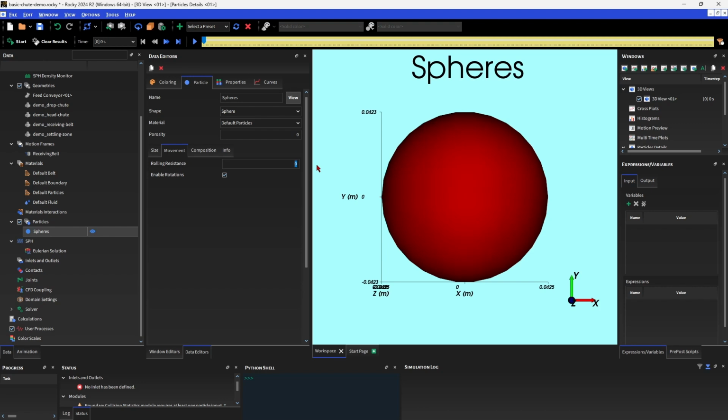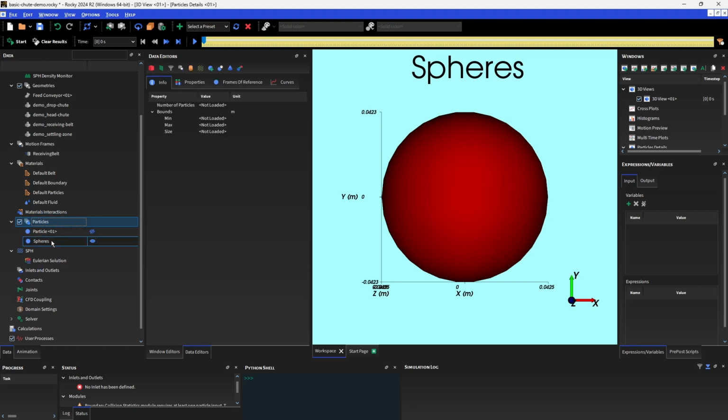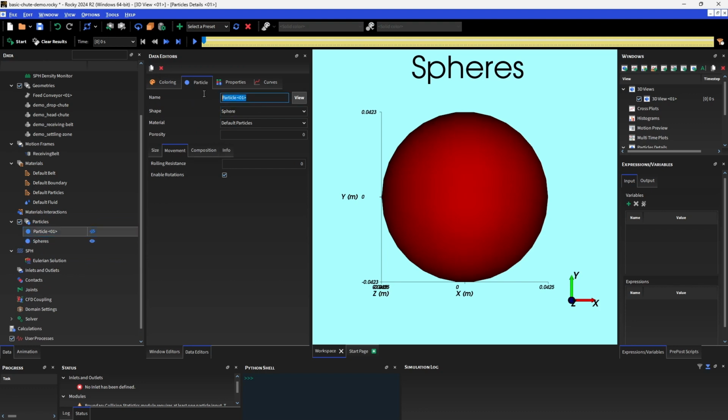So I want this to behave as if it does have a non-spherical shape, and one of the ways that we can do that is by using a spherical shape or model with a rolling resistance model. So I'm just going to chuck in 0.4 there,